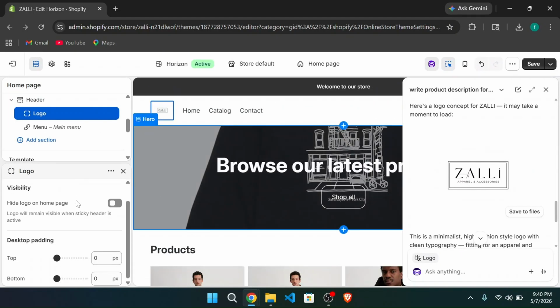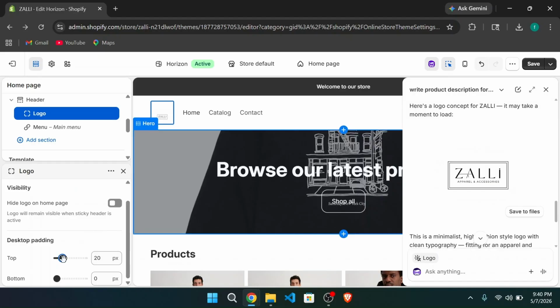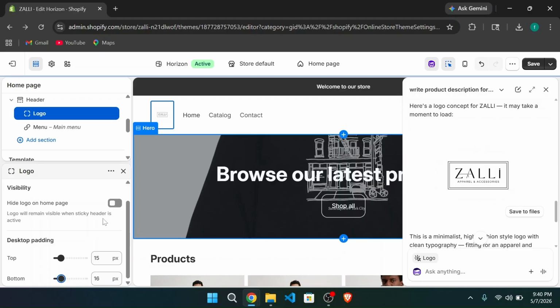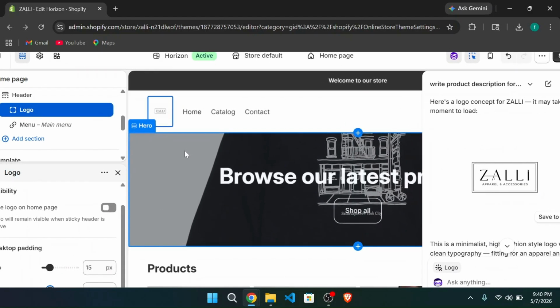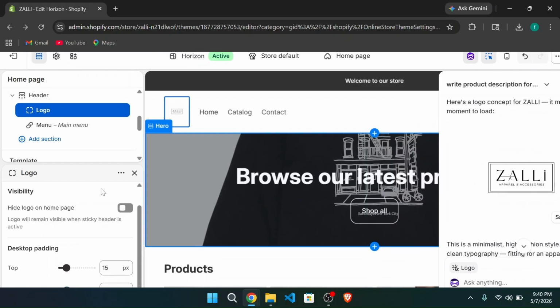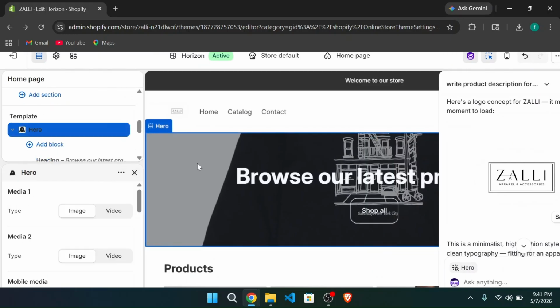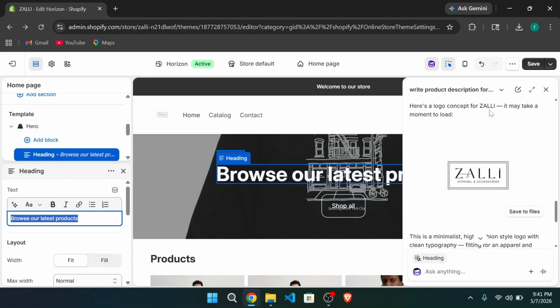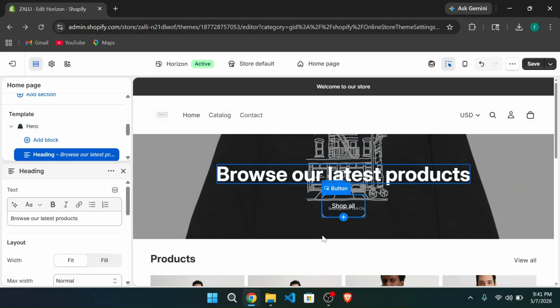For the visibility we can change. Okay, that's it. We can also change the banner text, buttons, all. So that's it. Now we can ask